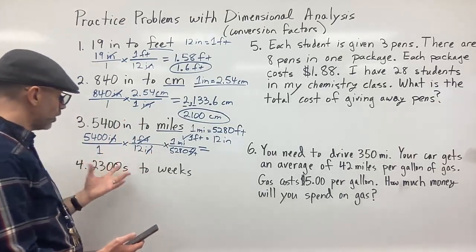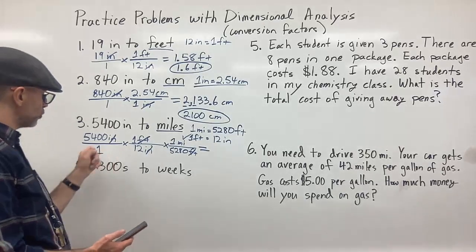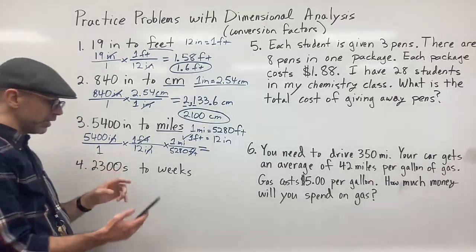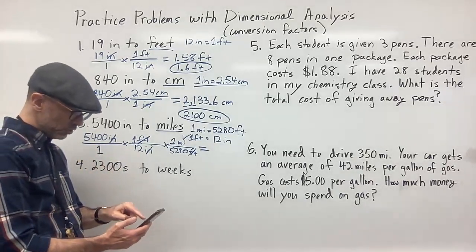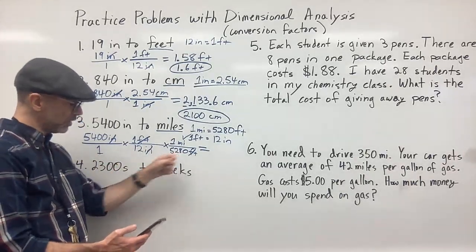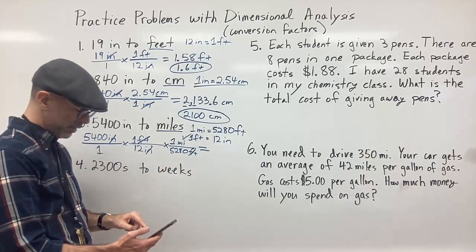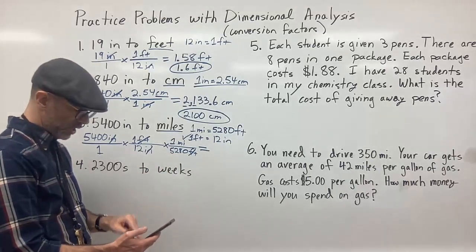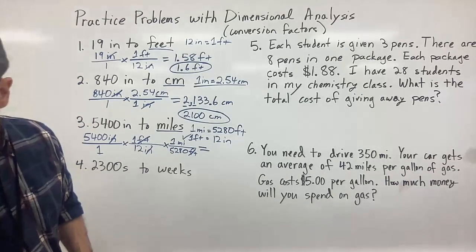It's going to be 5,400. And now I'm going to divide by what's on the bottom. So I would divide by 1, which doesn't do anything. Divide by 12, and then I'm going to divide again by 5,280. Divided by 5,280 equals, and I get